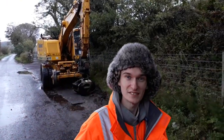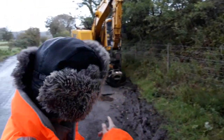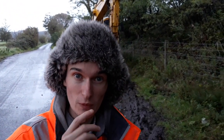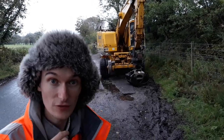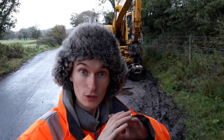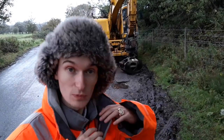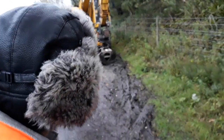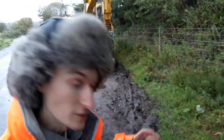Oh, didn't see you there. I found a digger down the road from me. A few weeks ago, maybe a week ago now, we watched Black 5 come up the coast, and I was talking about the wall, they were going to do work on the wall. And they put this big metal road down. But this turned up today, this big rail track machine, like a digger